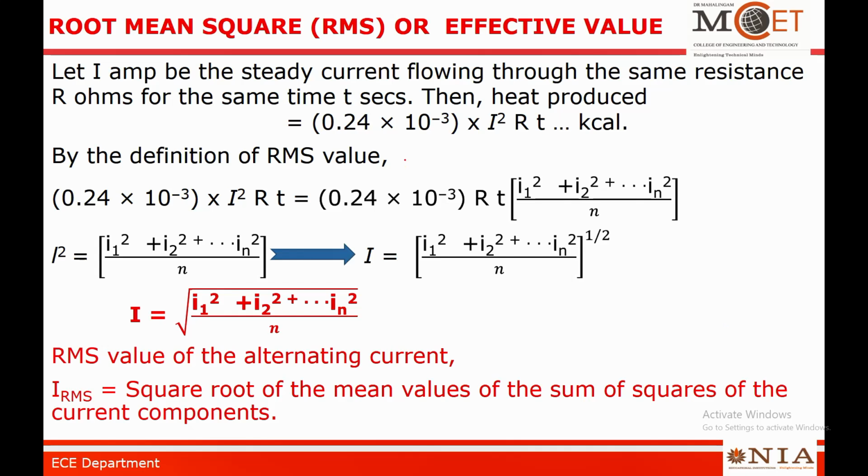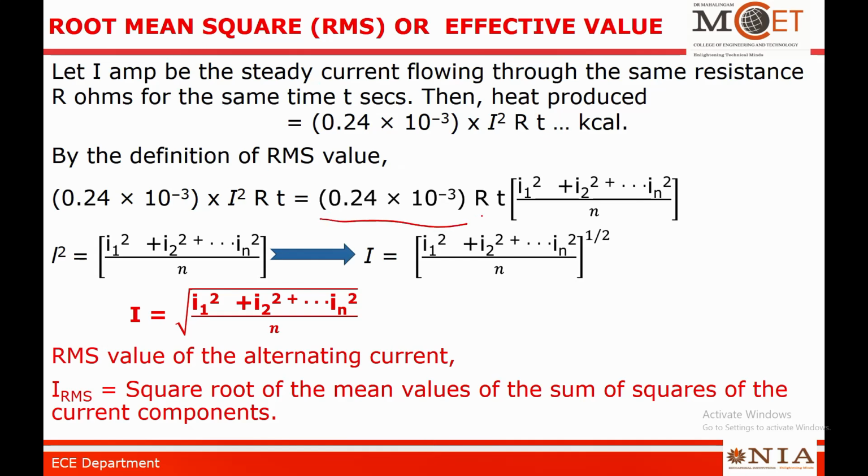So here this I term will be equal to the square root of the mean, the RMS value. So the square root of the mean value of the sum of the squares will be given in terms of IRMS. So here this I square RT will be obtained for the same resistance and the same time. So by definition, in terms of the RMS value, it will be equal to